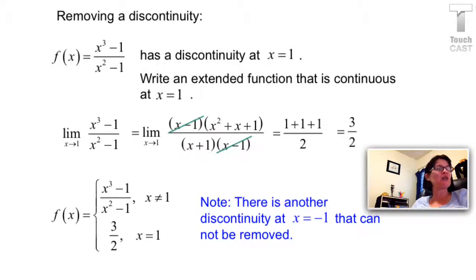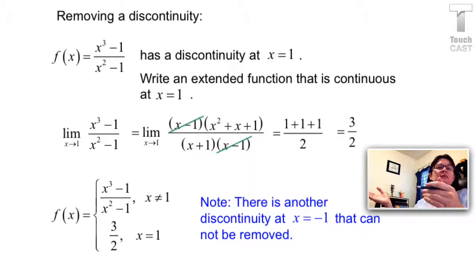So extended function, it's a fancy word for a piecewise function for which you've filled in the hole. So if we think there's a hole at x equals 1, remember that's the only kind of discontinuity we can remove, we're going to write a piece of the piecewise function that just tells us exactly how to fill in that one hole. So remember, if we want this function f of x to be continuous at x equals 1,